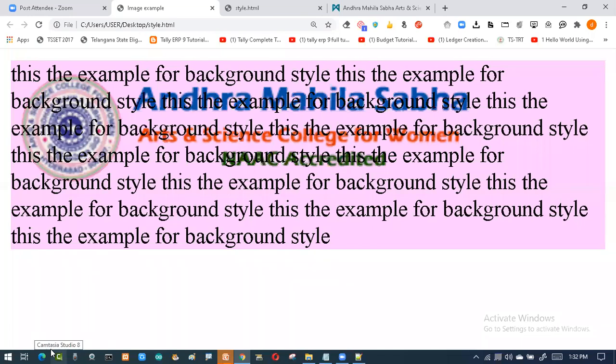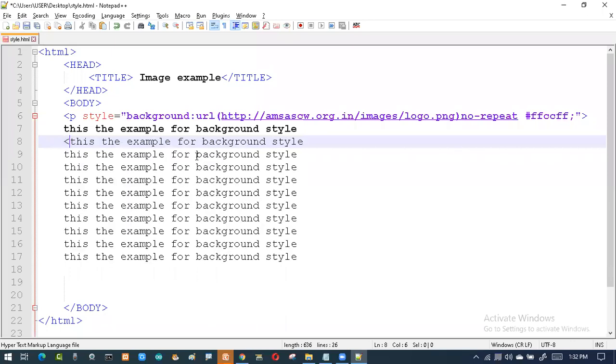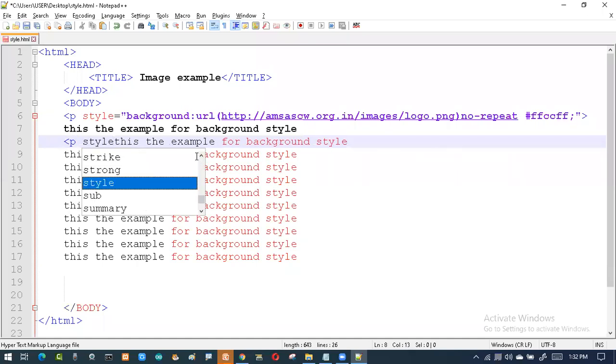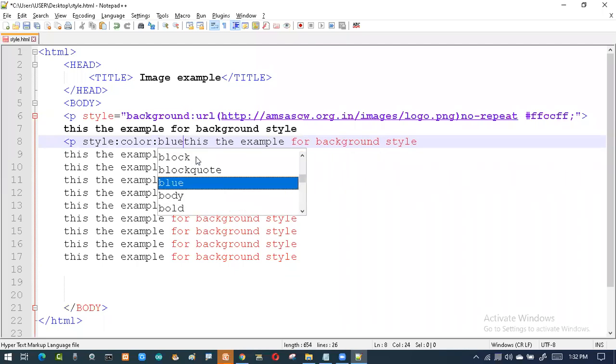So this is about the background color. Now I want to apply the text color for this. So what I'll do, I'll go with a paragraph again. Here I'll write a line to be a paragraph, and I'll say style, color, blue.